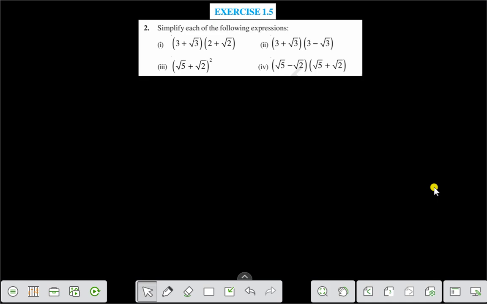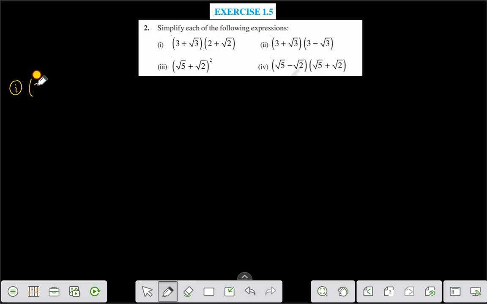Simplify each of the following expressions. Number 1. Let us solve question number 1. Question number 1 is